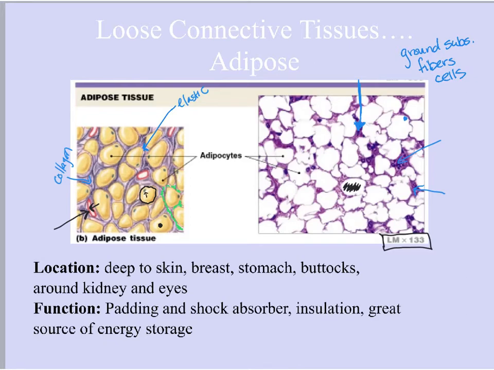Okay, location of adipose tissue. Well, that varies from person to person. It varies across the course of your life. It varies based on your lifestyle, and on your diet. So in general, we are going to find adipose tissue deep to the skin. So that skin that you can touch,